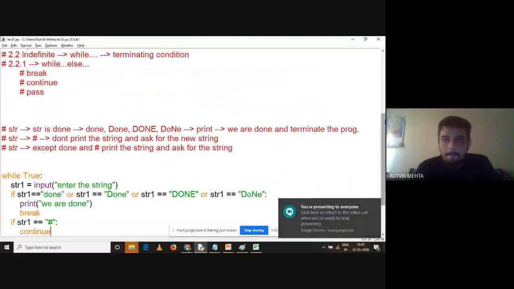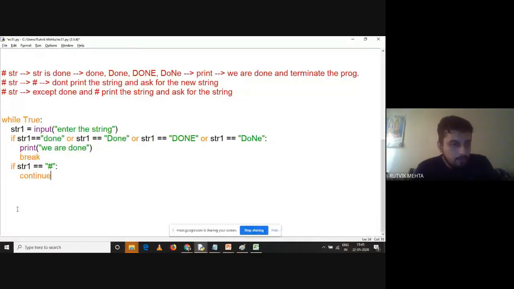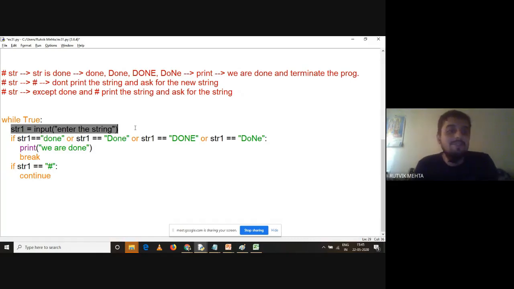Okay, fine. So here also, when I write break, it will move to the blast off. I'll write blast off at the last, and when I write continue, it will move to the condition checking again. And once the condition is checked, we know that condition is always true, so the loop is going to get executed and it will again ask for the input. So this is asking for the input infinite times. And we are not printing anything over here.